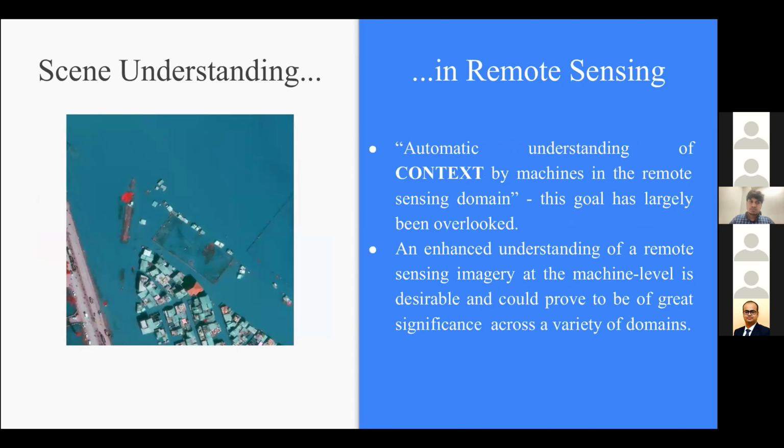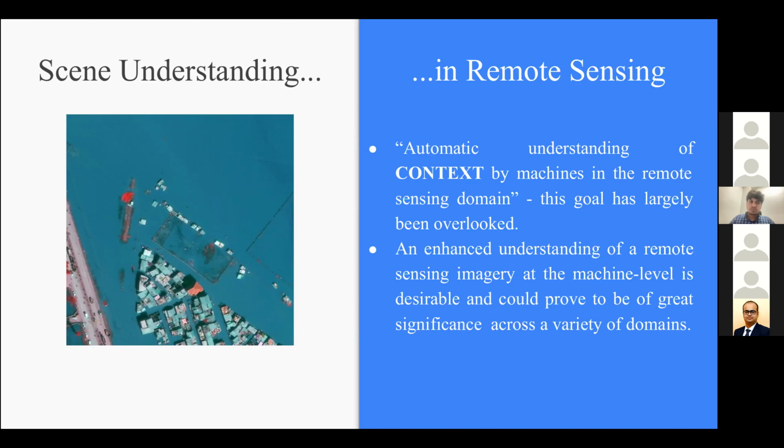With that understanding, I would want you to pay attention to the satellite image on the left-hand side. We as humans, if we look at the satellite image, can easily interpret that it is captured during a flood event. To be precise, it is an urban flood event. Looking at the building structures that you see in the satellite image, we can say with some surety that this could be an urban setup. And then there is an unaffected road towards the left-hand side of the image. There are some vehicles too on this road.